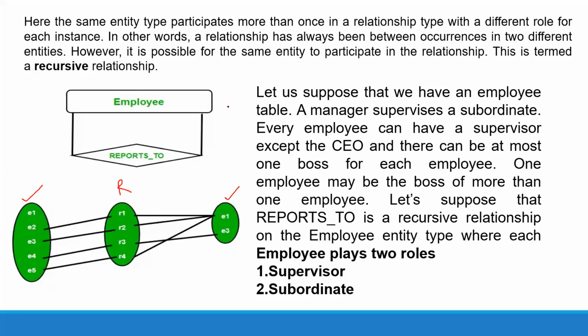Suppose I am joining as a professor. A professor is also an employee, the principal is also an employee. I have to give a joining report to an employee. Who is giving? An employee is giving the joining report to an employee. So here we don't care about the designations, and this is very important. Try to understand, that is the recursive relationship. Here the employee plays two roles, one is supervisor and the other is subordinate.